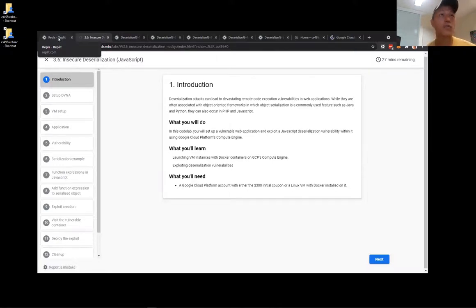Okay, so for the insecure deserialization lab on JavaScript, I'm going to have you do this. I'm going to actually have you set up the vulnerable server. And the reason why is because I want you to see the effects of the deserialization. So you're going to be both on the client and on the server. And then you're going to see that the exploit that you develop on the client has an effect on the server. And you're going to be able to check that, yes, it does have remote command injection on the server